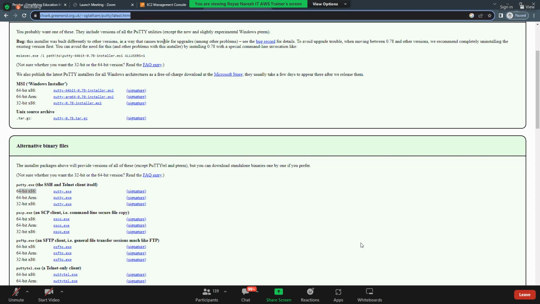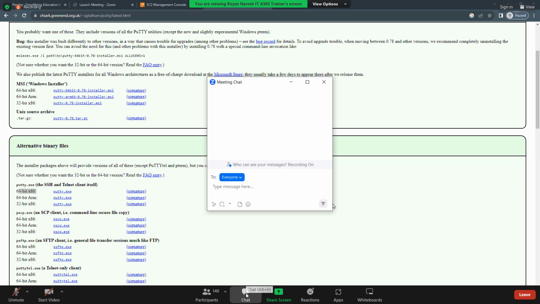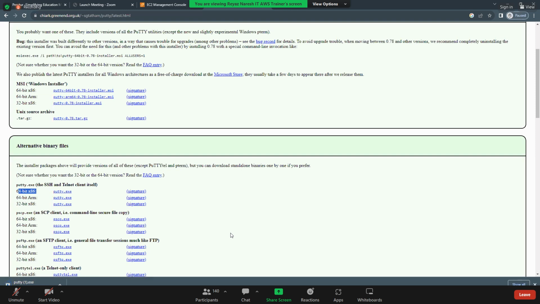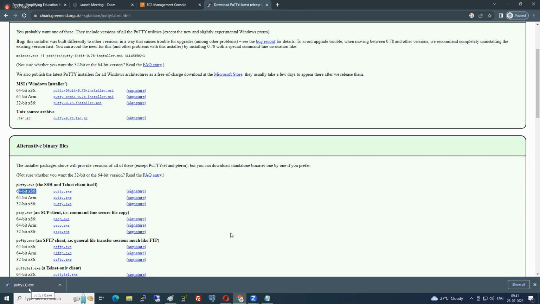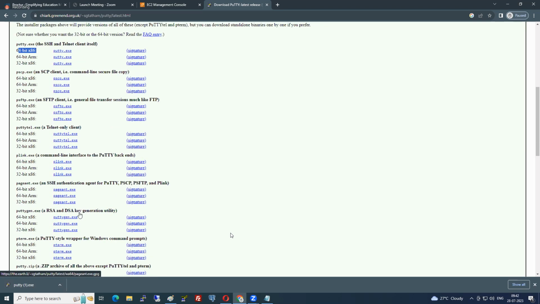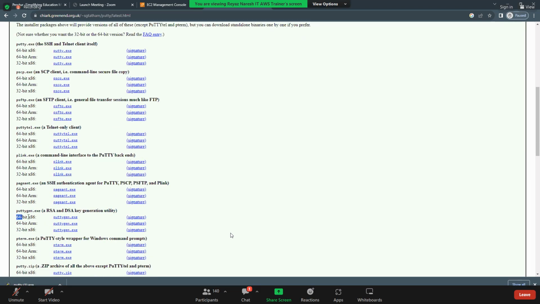Okay, I'm giving this URL in the chat. I'm showing you. Open Google, go for the first link only. So you click on putty.exe here. Now click on it and then putty.exe will be downloaded. And I want you to download PuttyGen also. If you come down, do you see PuttyGen? Download, open that also. That's it.